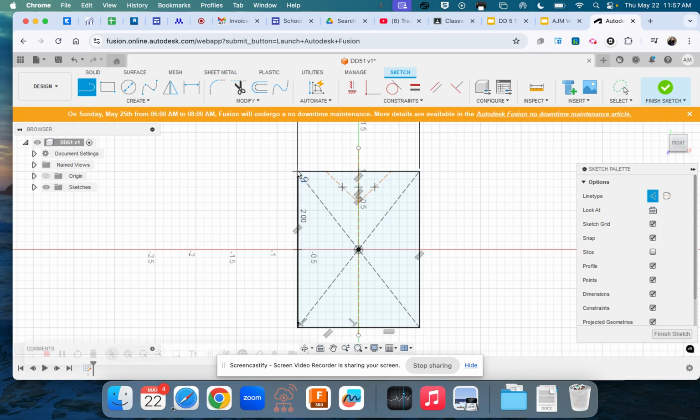And so I'm going to dimension from here to here is 0.5. And from here to here is 0.5. And then from there down here to,